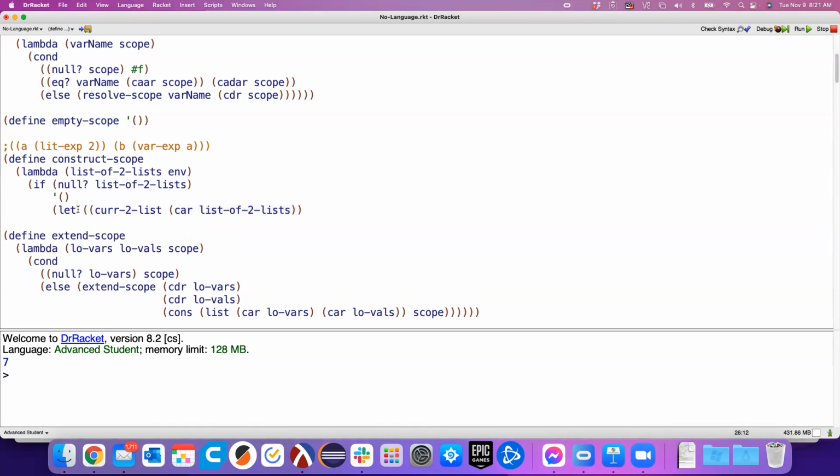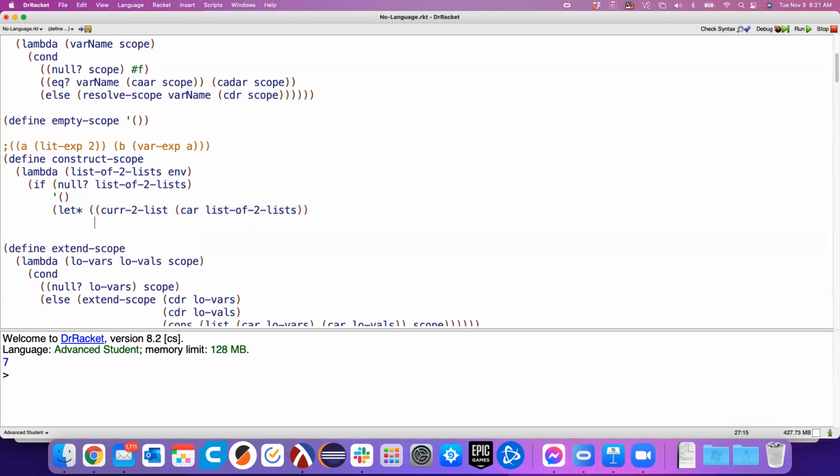And because of the way I'm going to write this, I'm going to make this a let star. Okay. So there's my first variable I'm going to add. That gives me the two lists that I'm currently working with. Now I need to have,